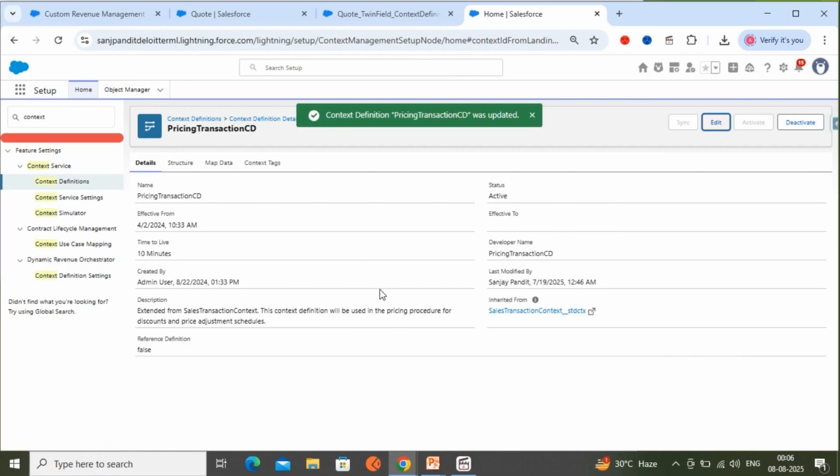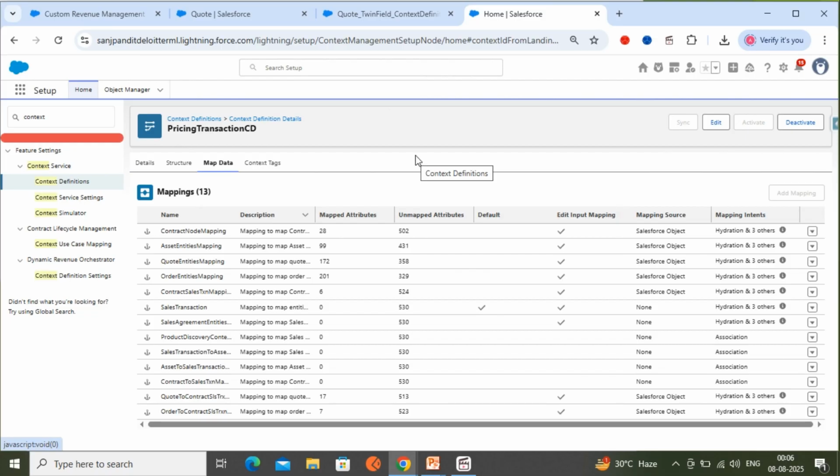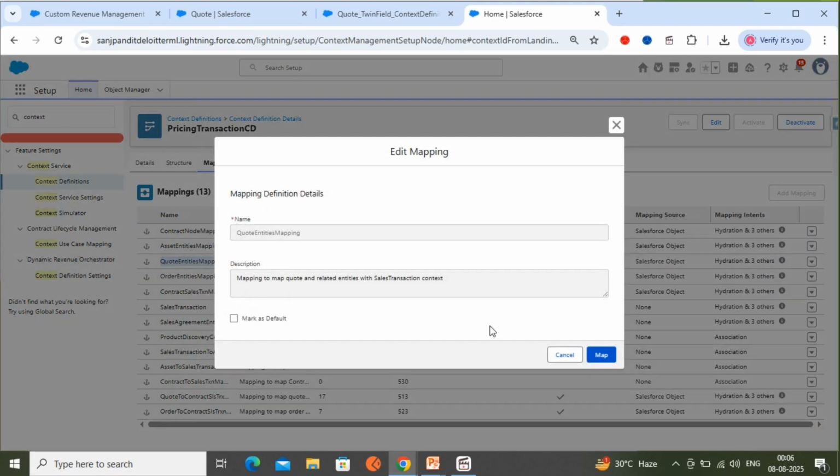This is done. Now go to the map data tab where you have to do the modification under the quote entities mapping. So click on edit a subject mapping. Nothing you can change here, just click on the map button. It will redirect to the